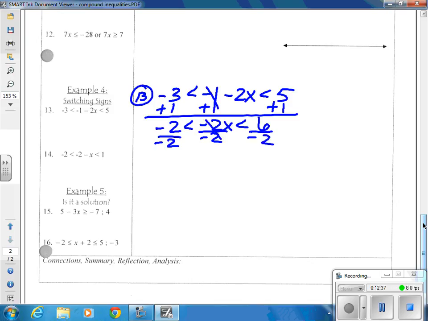The rule of inequality says that anytime you multiply or divide by a negative number, you must flip the signs. So negative 2 divided by negative 2 is positive 1. I'm going to flip my sign to greater than. I've got x in the middle. I'm going to flip my other sign to greater than, and then I'm going to have negative 3. Okay, now what's different about this